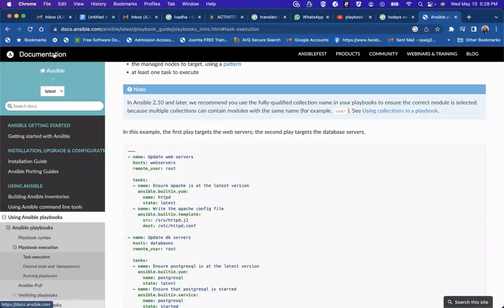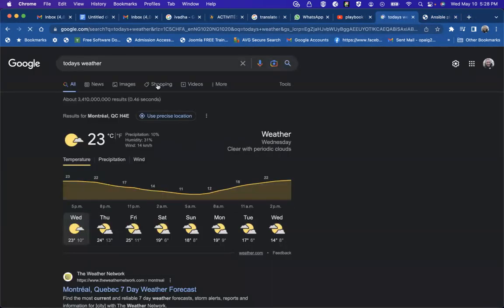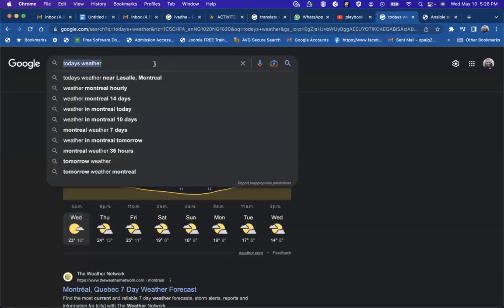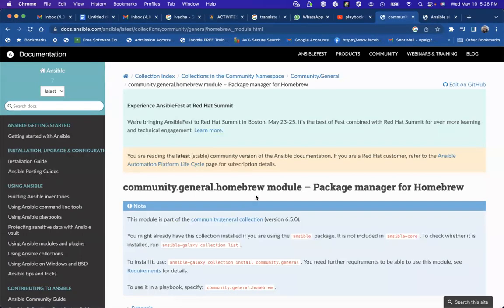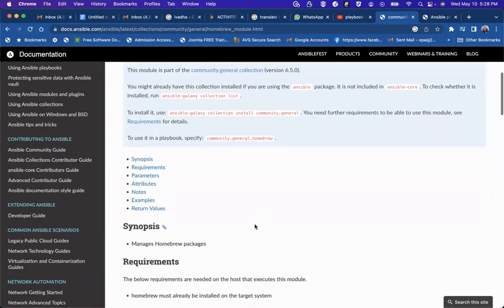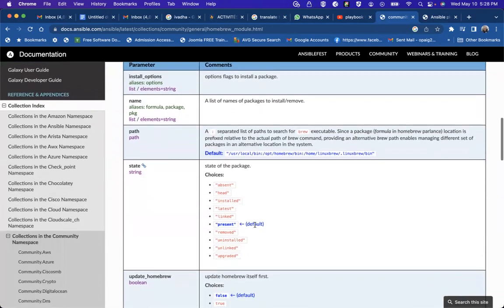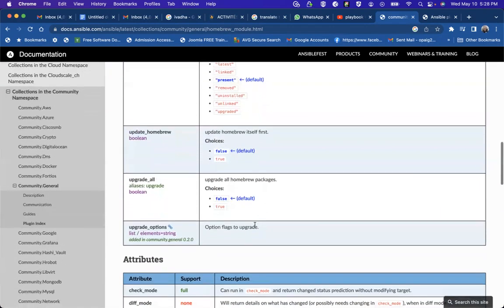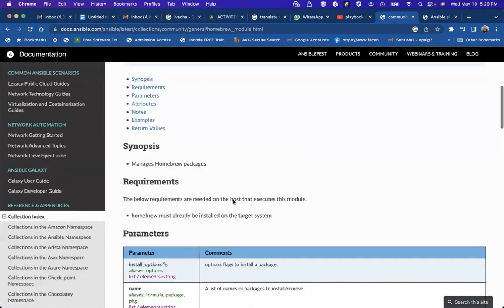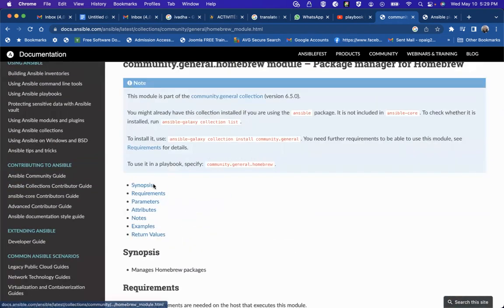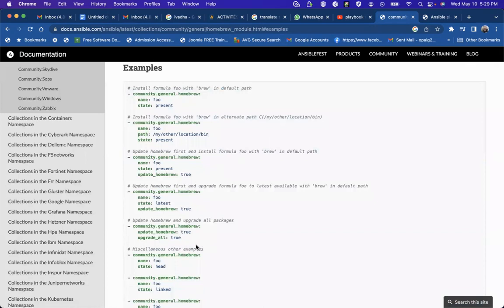Okay, let me go for Homebrew. This is the Homebrew module. You can see, this is what I'm supposed to do.